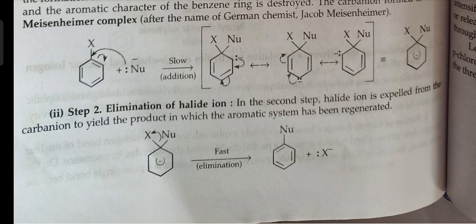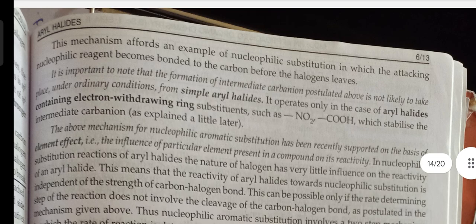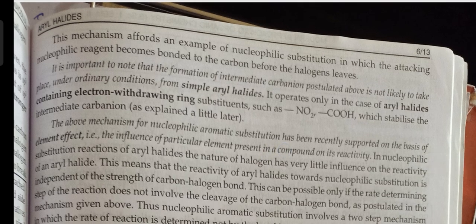In the second step, the halide ion is expelled from the carbanion to yield the product in which the aromatic system has been regenerated. This mechanism affords an example of nucleophilic substitution in which the attacking nucleophilic reagent becomes bonded to the carbon before the halogen leaves. It is important to note that the formation of the intermediate carbanion postulated above is not likely to take place under ordinary conditions from simple aryl halides. It operates only in the case of aryl halides containing electron withdrawing ring substituents such as NO2, COOH, which stabilize the